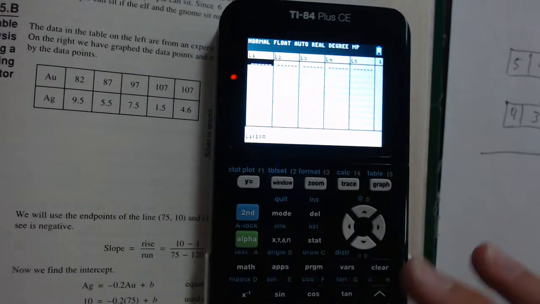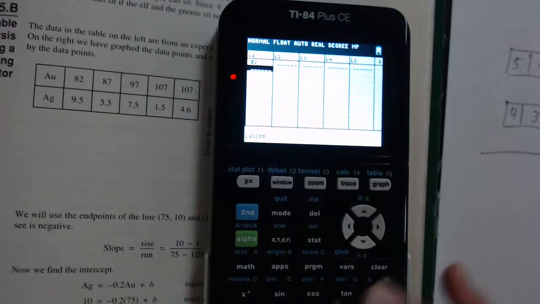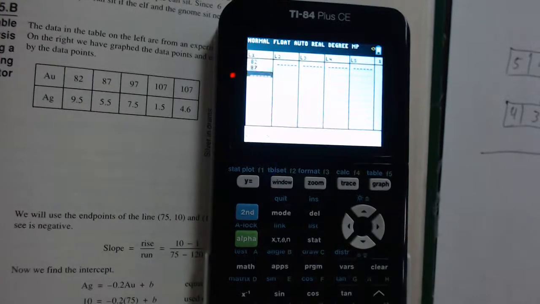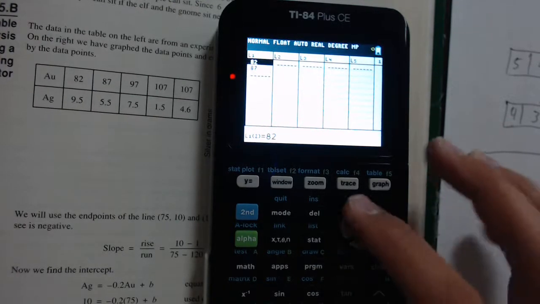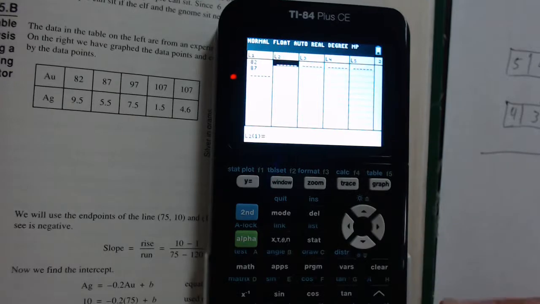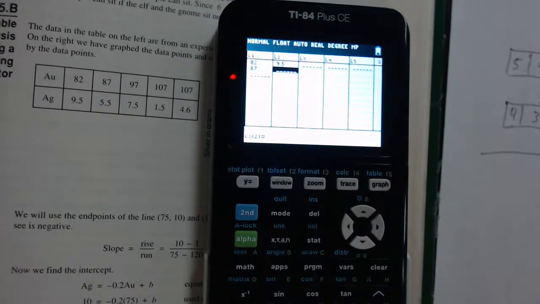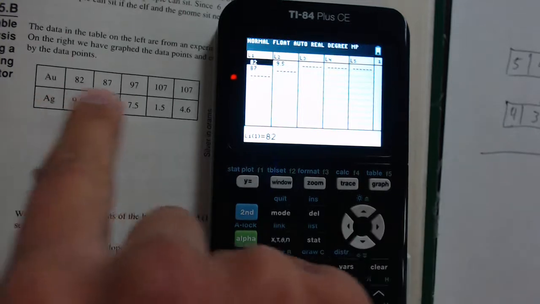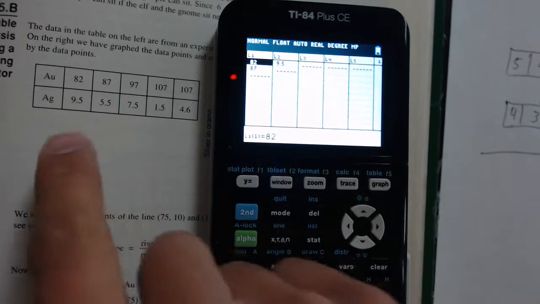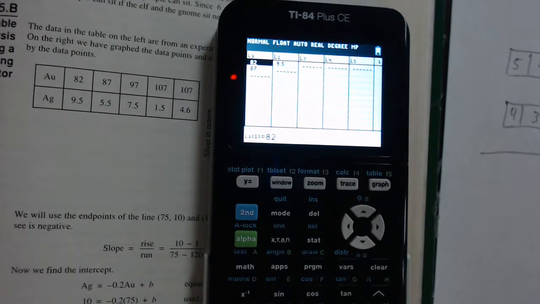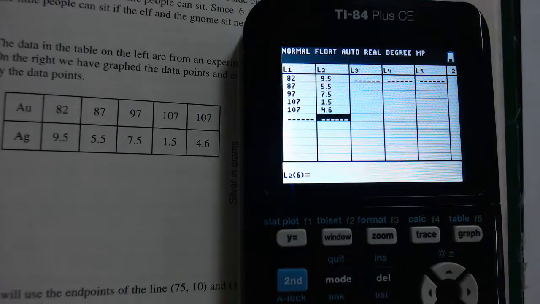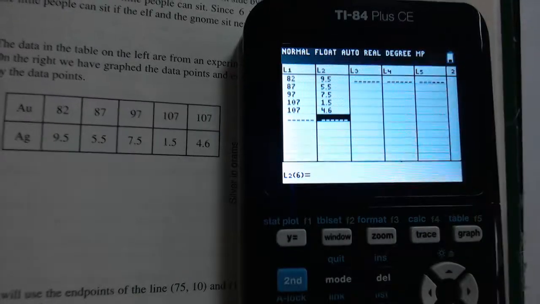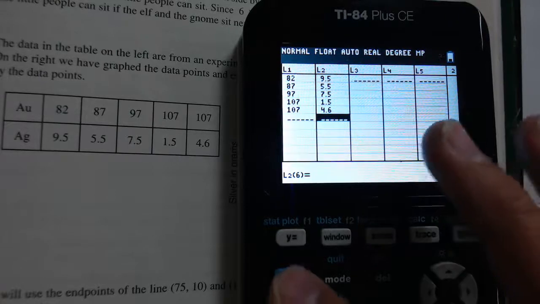And then I'll start plugging in my information here. So I'm going to start with 82, hit enter. 87, enter, and then on the Y list or the AG list, I'll do the same thing. So 9.5, enter, and then you fill those 2 lists. So list 1 is going to be your first data points. List 2 is going to be your second data points. I'm going to pause and fill this in. Ta-da! Okay, so now that you've got all your data entered in your lists,